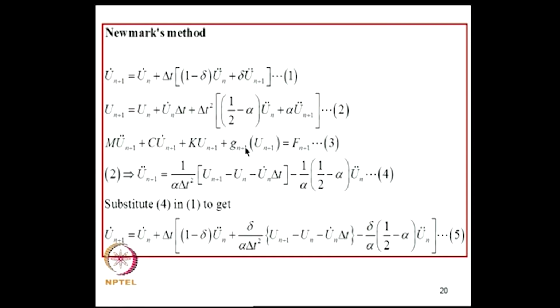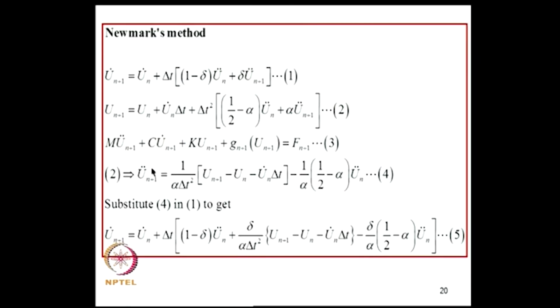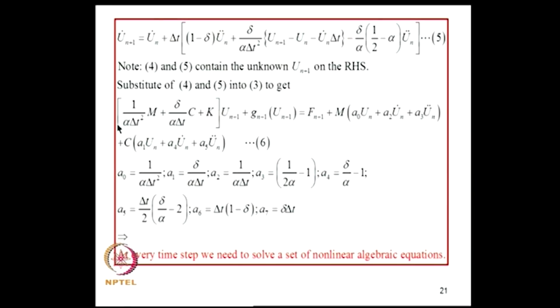Upon simplifying these equations, from equation 2, if I solve for u double dot n plus 1, I get this, and if I substitute these quantities into the first equation, I get u dot of n plus 1 is u n dot plus these terms, and this is what we got earlier also. Now we have acceleration, velocity and displacement, and if we substitute all of that into the governing equation of motion, we get this